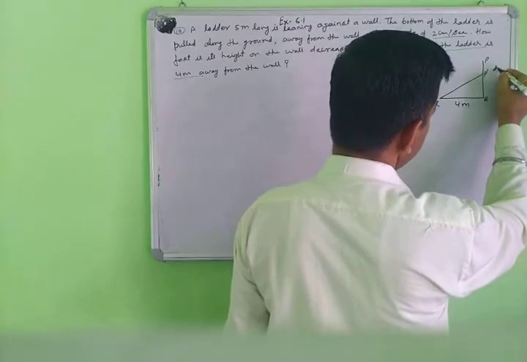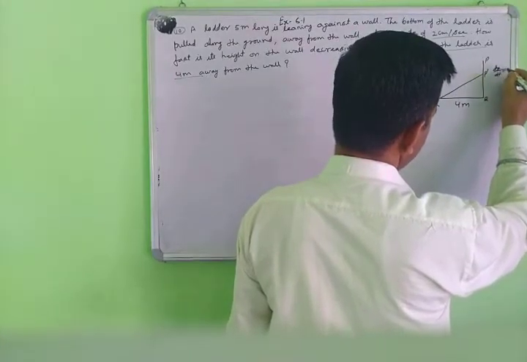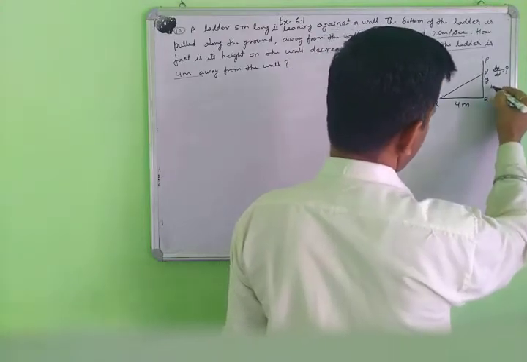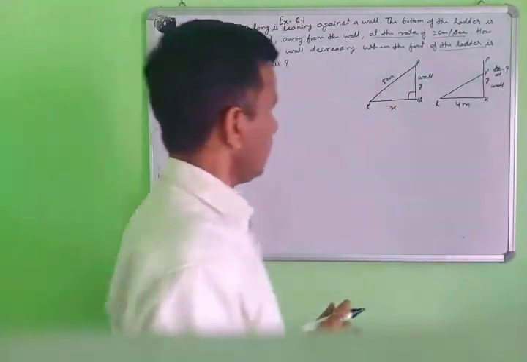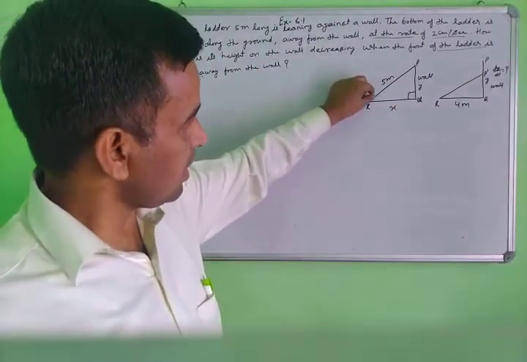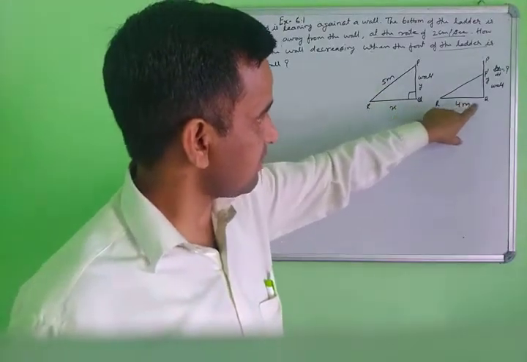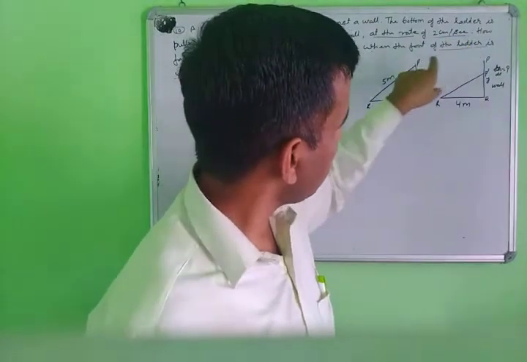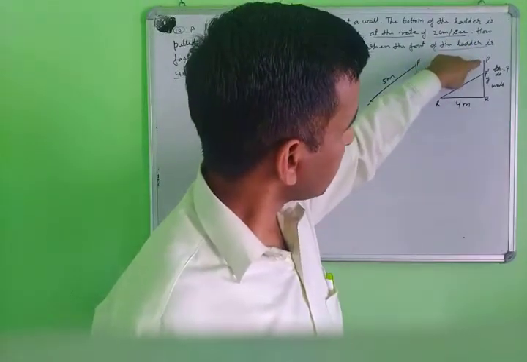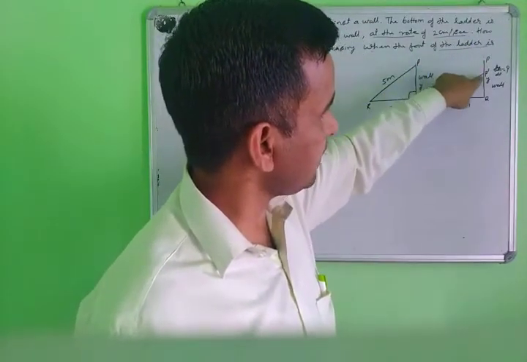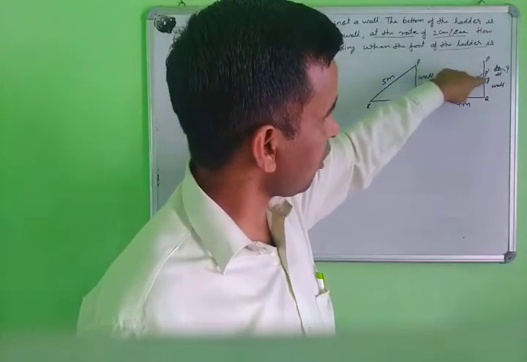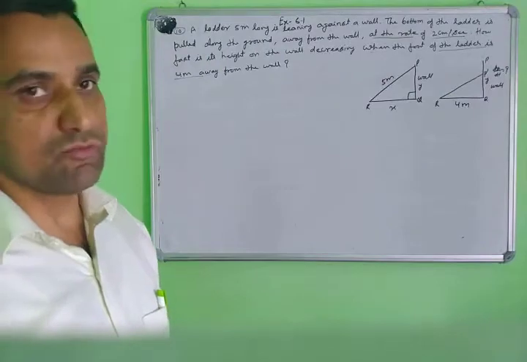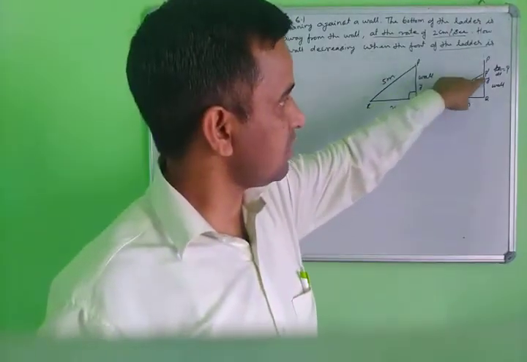dy over dt, you will find here. This is the length of Y also. This is the wall. Where you pull your ladder from this side, this distance X becomes 4 meter, and the ladder's point P changes position to P dash. When the position falls from P to P dash, at which rate will it fall?